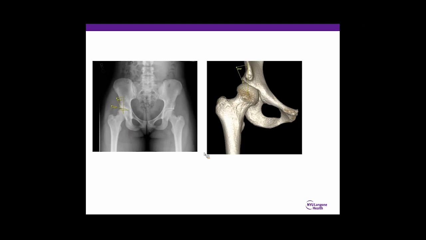This is a patient, when I saw her, an Olympic fencer. She came to me after she underwent 2 hip arthroscopies. The X-ray on the left, the AP pelvis, is prior to her first hip arthroscopy. She had a center edge angle of 24.5 and a Tönnis angle of about 13. I like to measure them on a 3D CT scan with a line lined up with the anterior inferior iliac spine. She had about a 22 degree lateral center edge angle,